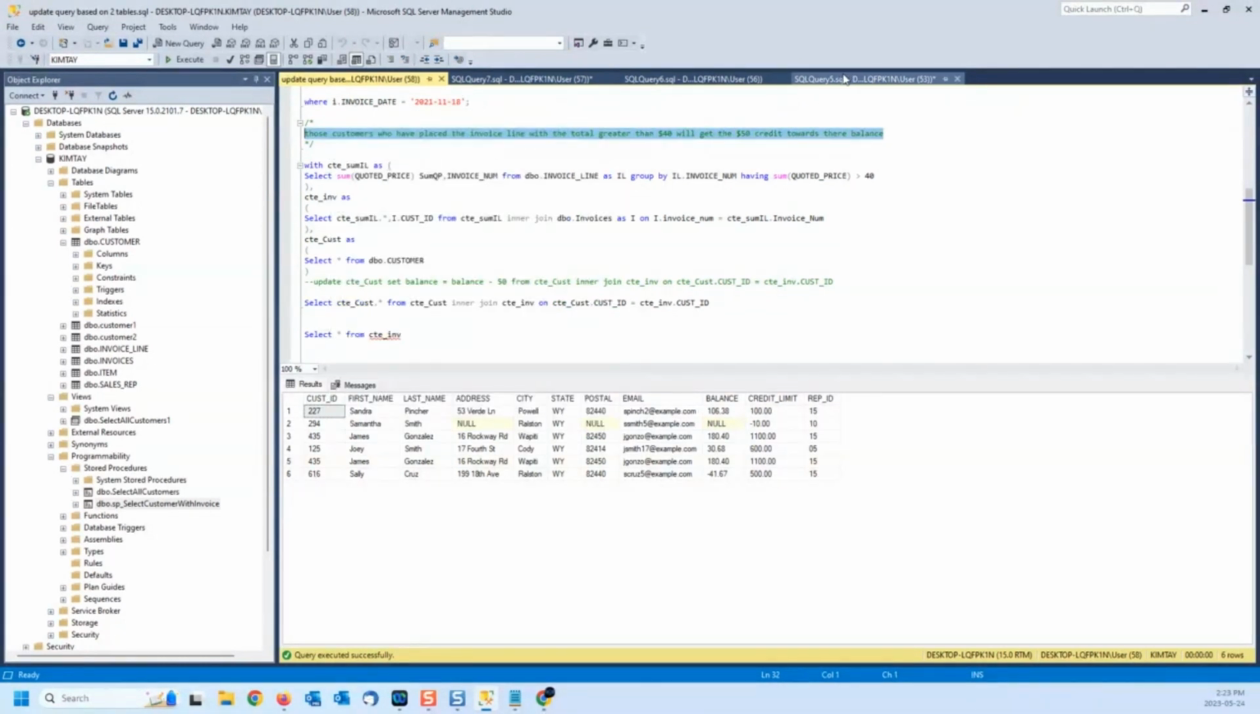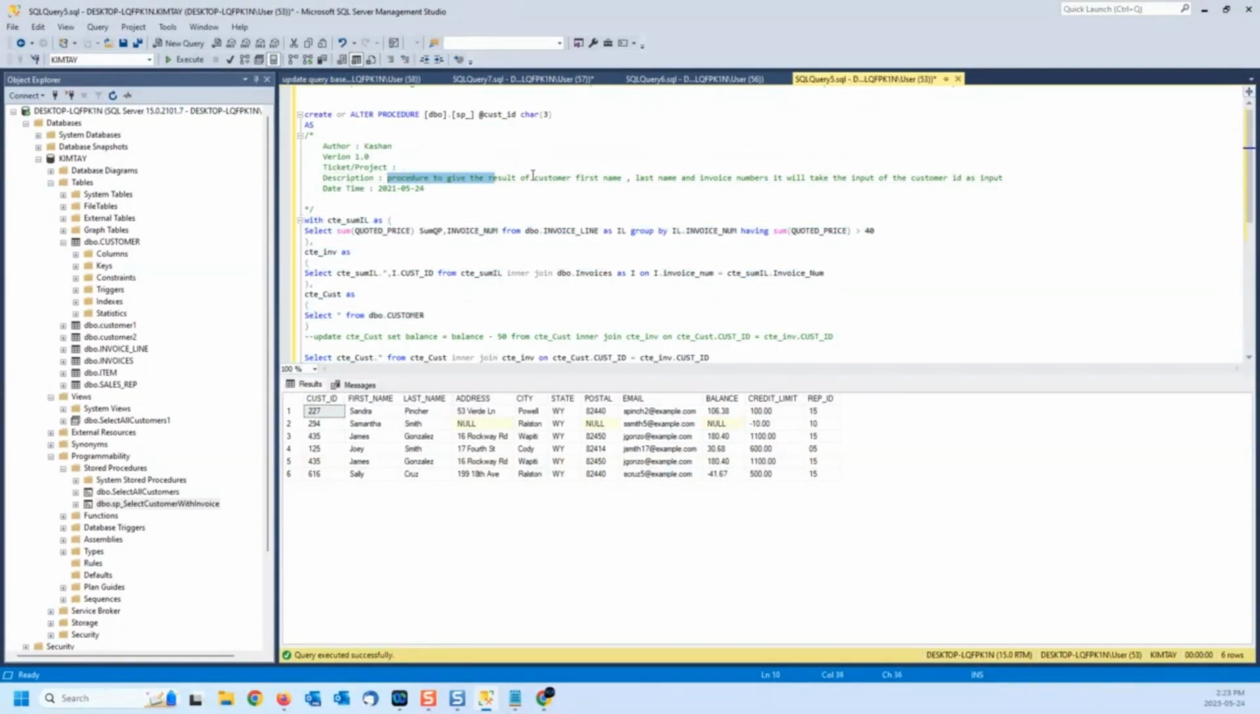So I'll just copy this and paste it in this procedure, right? Those customers who have placed the invoice line with this and whatever the ticket number is, and this is the version number 1 that I'm creating. I want to give the procedure a good name. So I want to say